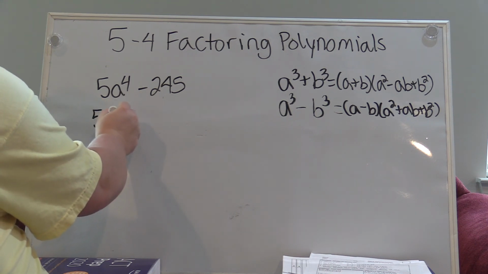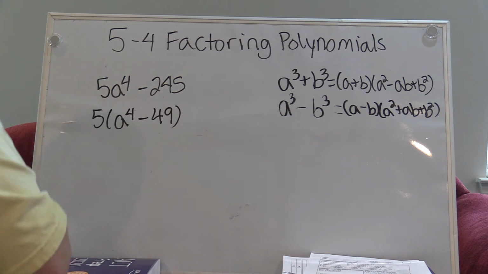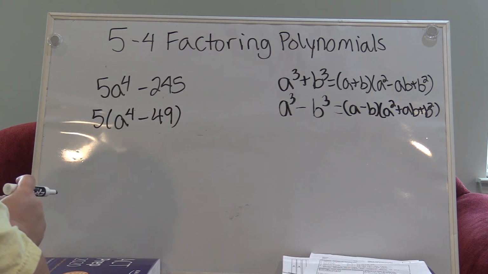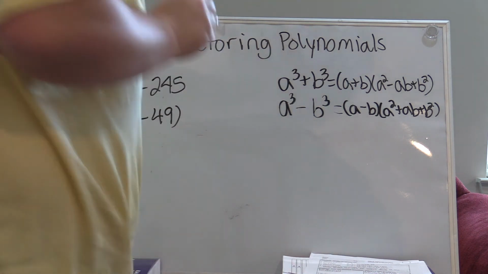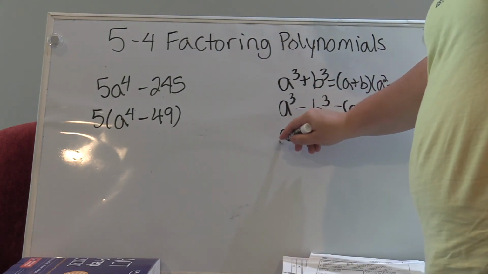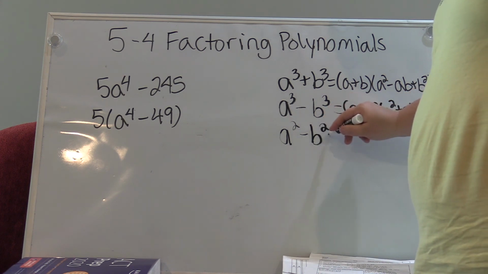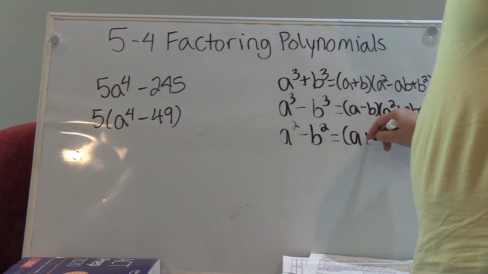So I get a to the 4th minus 49. What do we know about a to the fourth and 49? They're both perfect squares. I'm going to go over here and write another formula. If I have a squared minus b squared equals,